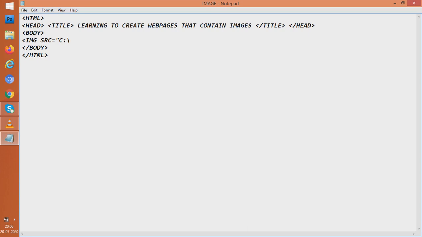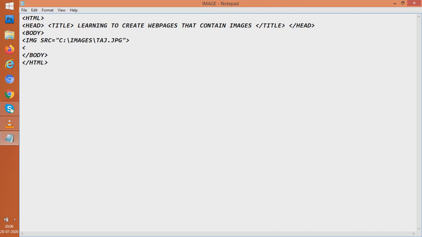So we will write here src is equal to C. Suppose we are going for the same Taj Mahal image, so we will write src is equal to C, images, and within images what? Taj.jpg. Why are we giving the name Taj.jpg? Because the name of the file of that image is Taj.jpg, and we will close it.